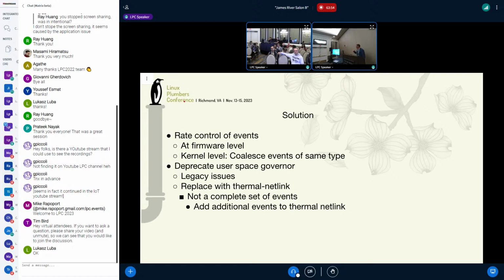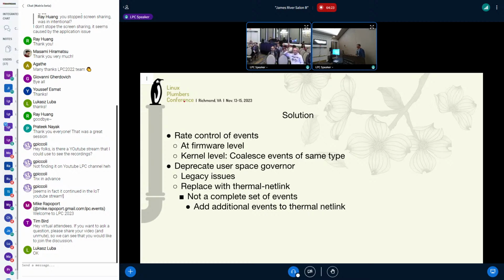So there are some legacy issues with just deprecating it, and replacing it with thermal netlink. Thermal netlink is better than the user space governor because it doesn't generate so many events. But that's not enough, because there are lots of events in the user space governor that are not in thermal netlink. So we need to add new events, and that's great.